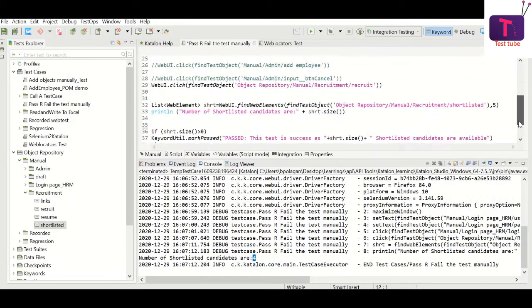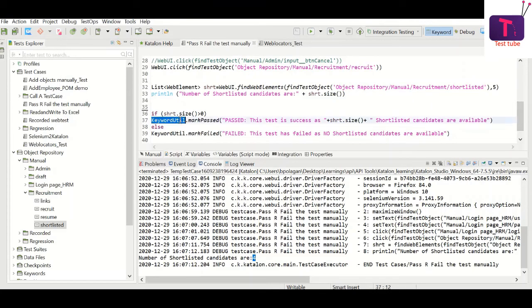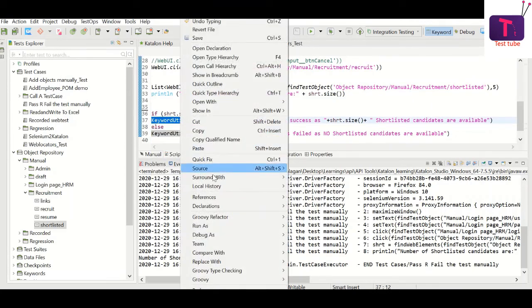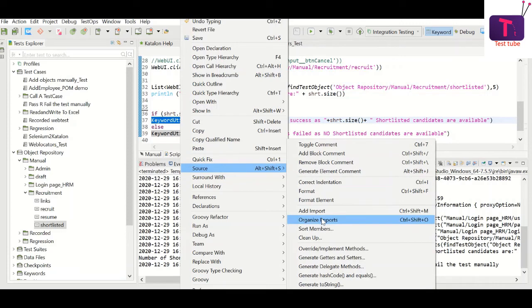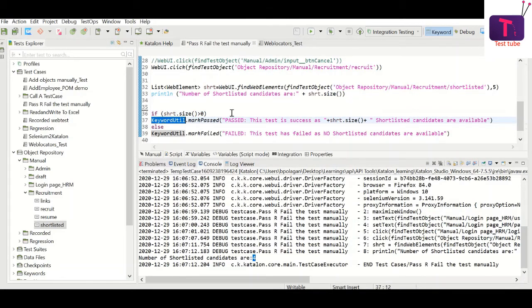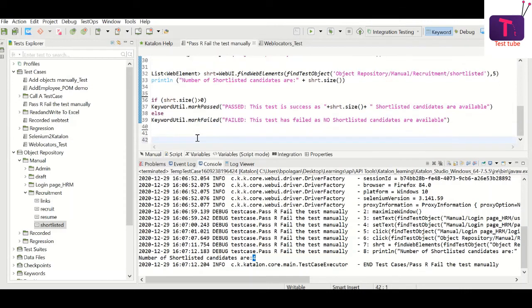If you know this keyword already, you can type it, right click on source and click on organize imports, which will import the library for this particular class automatically. But for that you have to know that this keyword exists in the Katalon library. That's all for this one. Let us now run this test quickly and see this.